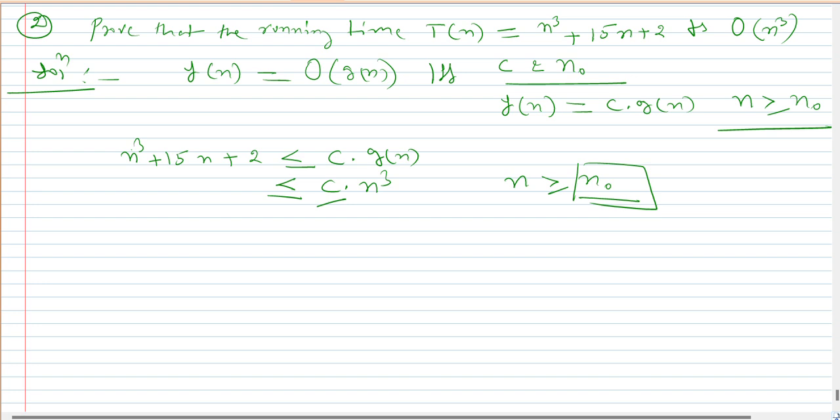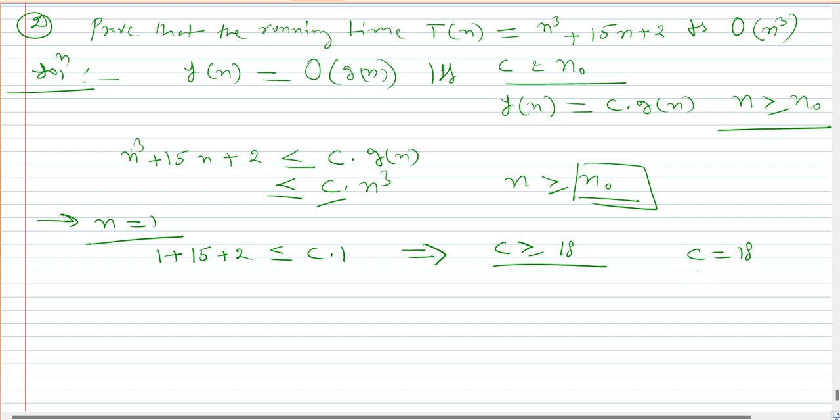So from this equation, if I take n is equal to 1, then 1 plus 15 plus 2 should be less than or equal to c dot 1. So from here we get that c should be greater than or equal to 18. So let's take c as 18